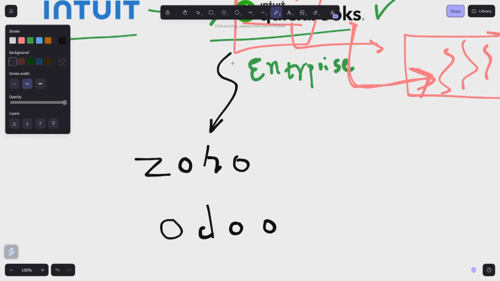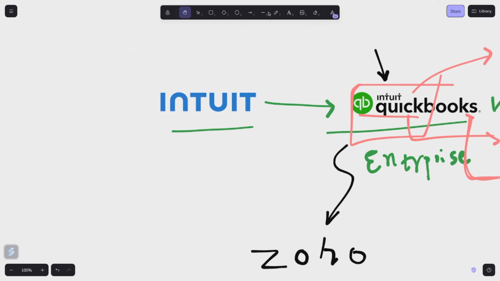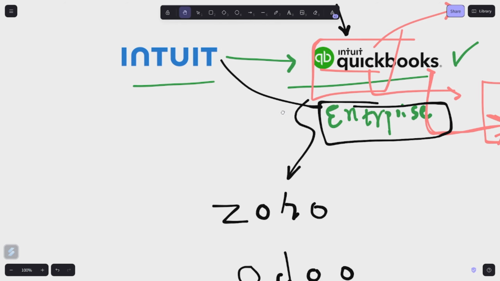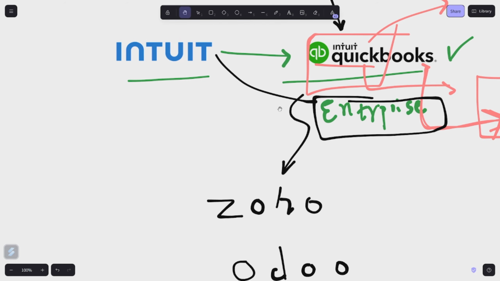Zoho Books is currently used by startups and relatively smaller businesses with simple needs. Whereas QuickBooks, as I said, has three versions that Intuit provides, and one of them is Enterprise. So it is for startups and small businesses with Zoho and Odoo, while QuickBooks is generally used for complex inventory management.